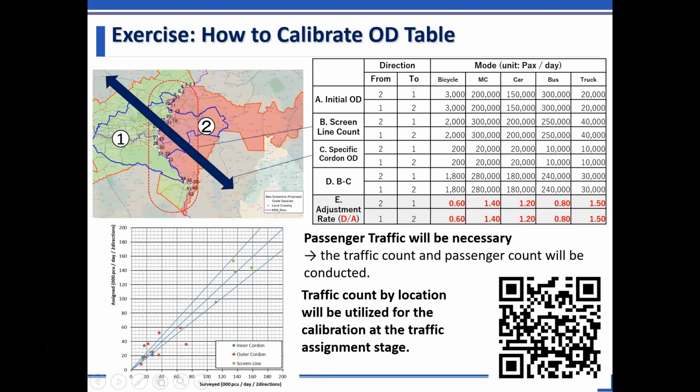But in practical fields, the traffic volume gap between the surveyed traffic and the modeled traffic must be within 15% higher or 50% smaller. If most of the traffic volumes, mainly for main roads with high traffic volumes, are within this gap range,